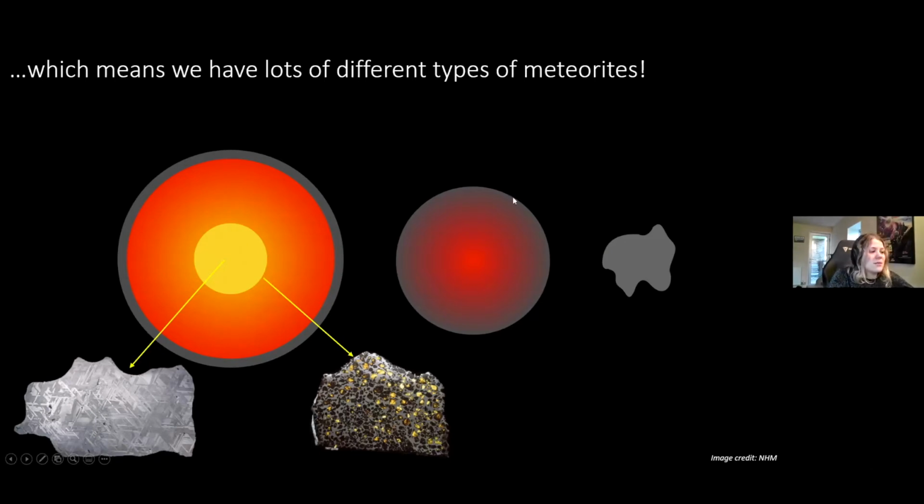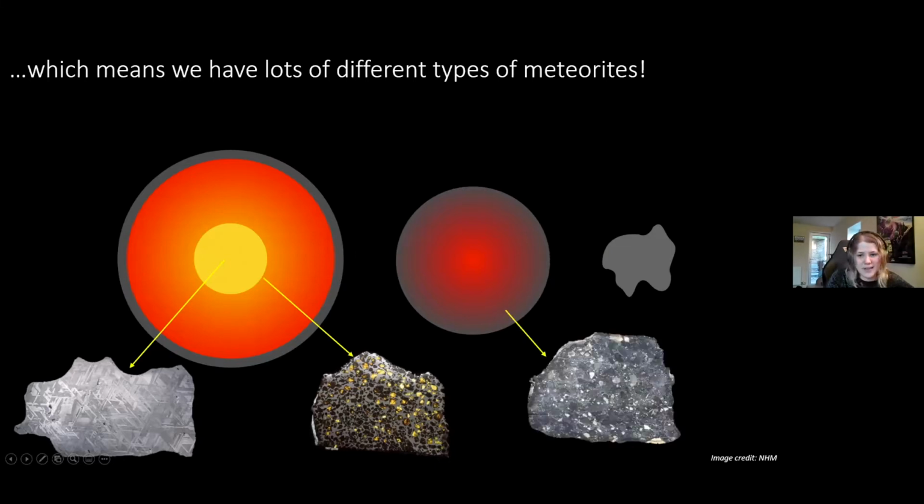And then we get to the meteorites that come from these heated asteroids. These are a little bit more difficult for us to identify as meteorites because they've been processed a bit, they're heated. But essentially they are super duper old, and they are super duper precious because all that's happened to them since the beginning of the solar system is they've just been heated gently. And then my favorite, we have the primitive meteorites.